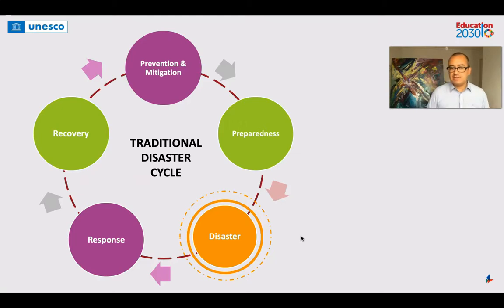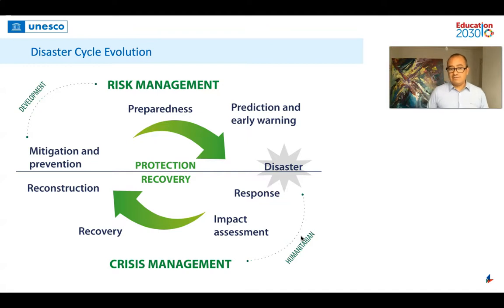Nevertheless, I would like to tell you that this very traditional disaster cycle has been evolving, and we have something that now is a little bit more complex, but that introduced the two subjects that we wanted to see here: development components and humanitarian components. So here is where we are starting to put a little bit more complexity into the disaster cycle, and we say that it's not only about mitigation and prevention and including preparedness, but also about how early warning systems and possible prediction of specific hazard impacts can be included in the management.